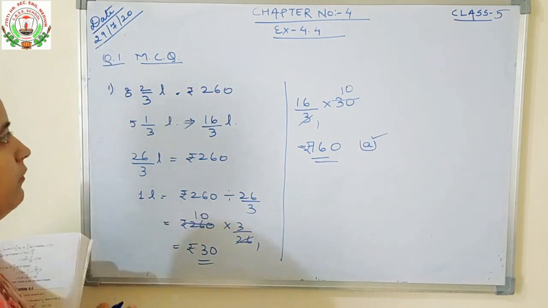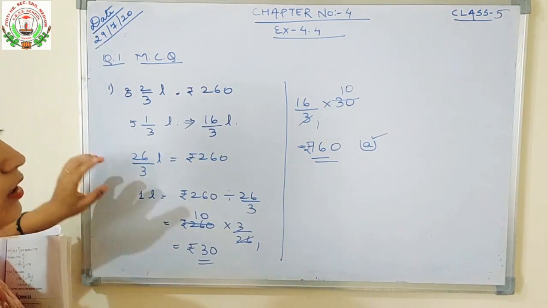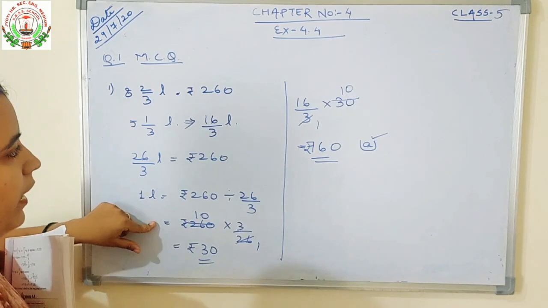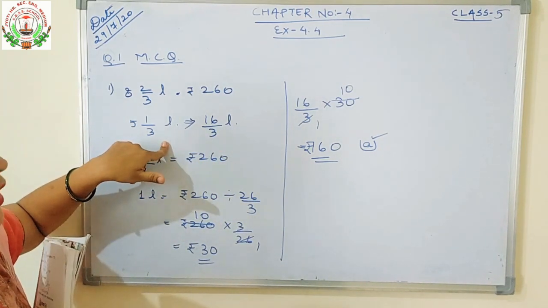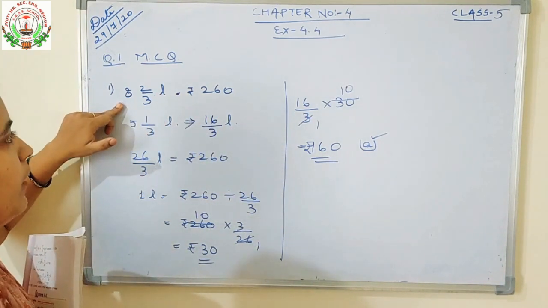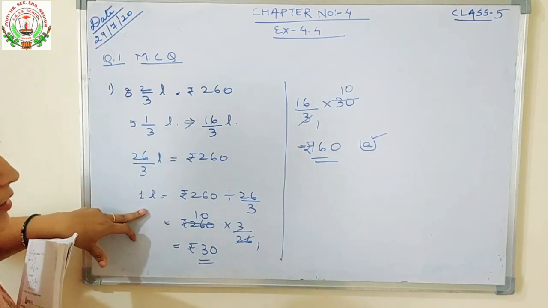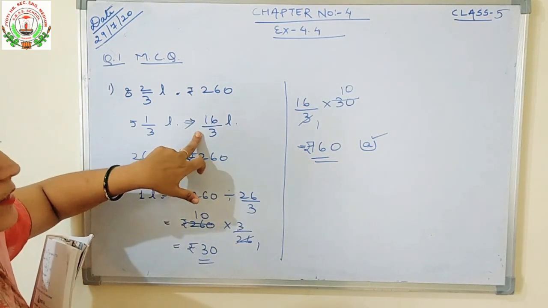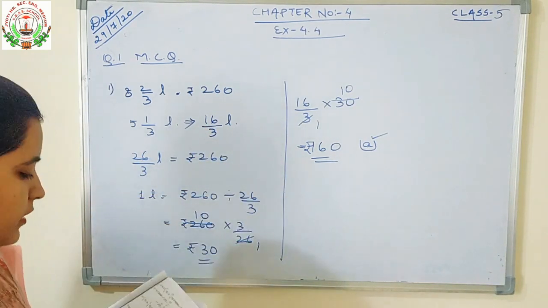Okay, whenever a larger amount is given, first you will find the cost of 1 liter. Okay, first you will find the cost of 1 liter, then you will find the cost of 5 1/3 liter of milk. Okay, so in this way we will solve this question. First we will convert the mixed fraction into a normal fraction, then we will find the 1 liter cost, and then we will find the 16/3 liter cost of milk, which costs rupees 160.